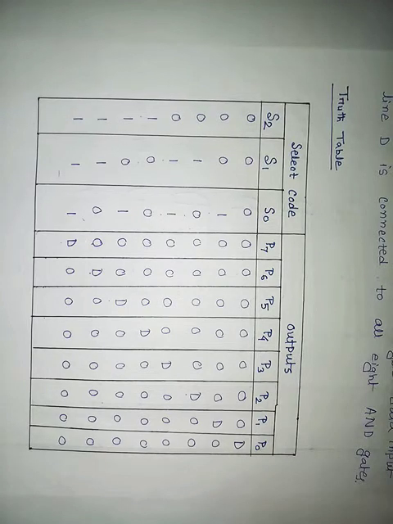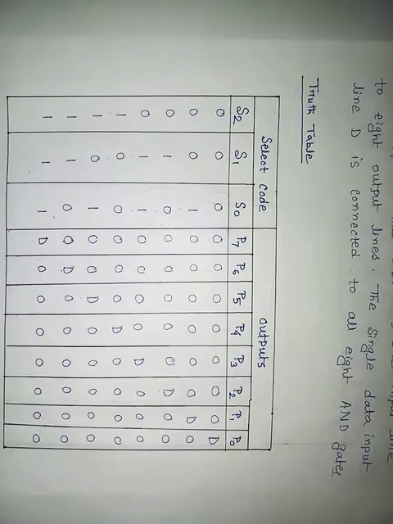0 double 1, answer is 3, that's why P3 indicated. 1 double 0, P4 indicated. 1 0 1, P5 indicated. 1 1 0, answer is 6, that's why P6 data D indicated. And coming to the last part, that is triple 1, our last bit, that is P7 data output is indicated.